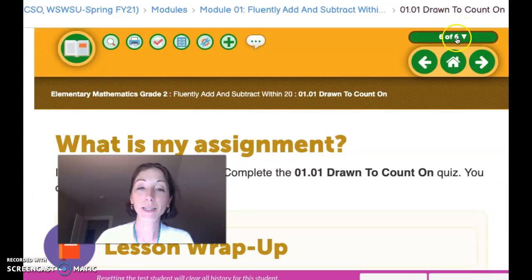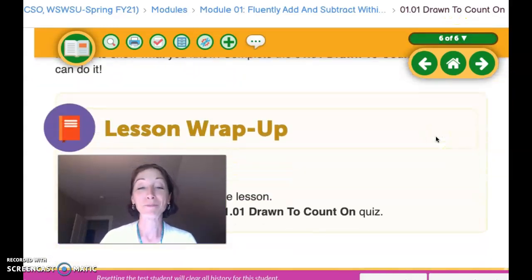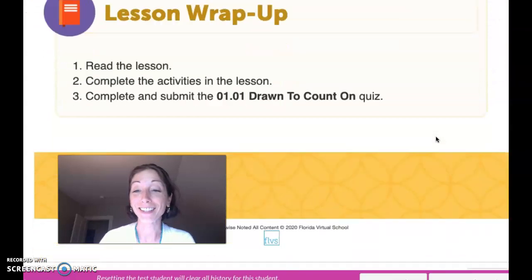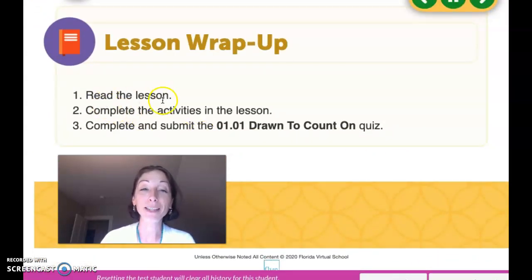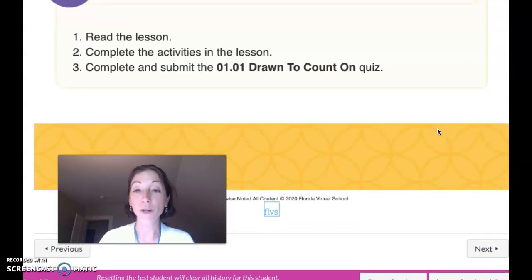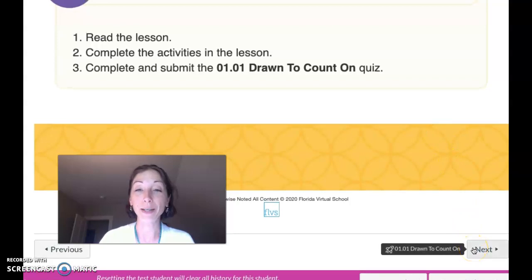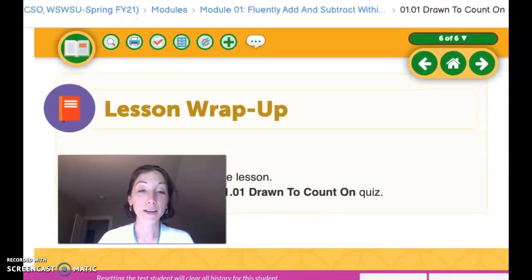page 6 of 6. Now remember, don't click through it as fast as I did. That was just to show you what to do. Go to the bottom. It says lesson wrap up. Read the lesson, complete the activities in the lesson, complete and submit the drawn to count on quiz. It's an assignment, it's a quiz, it's a test. You want to go to the bottom and hit that next button. Again, if you read that, complete the quiz, and you hit this button,